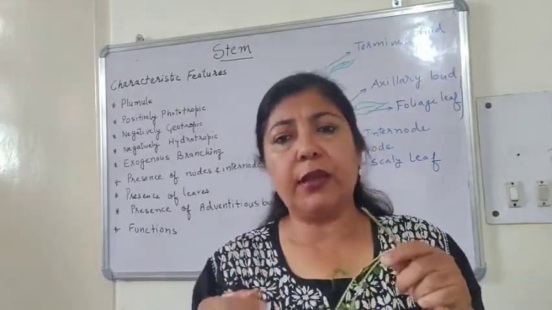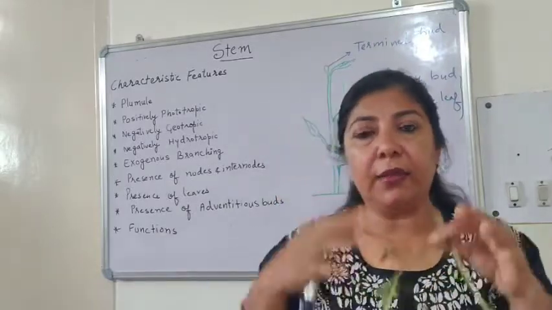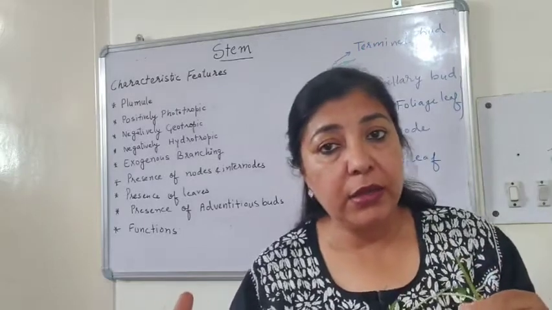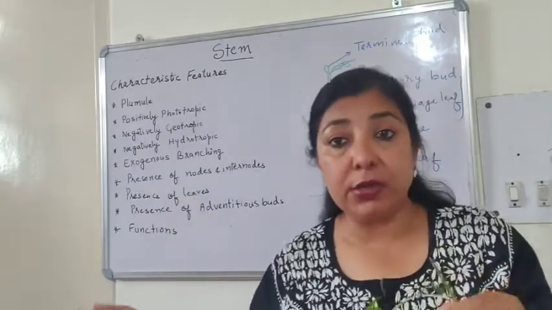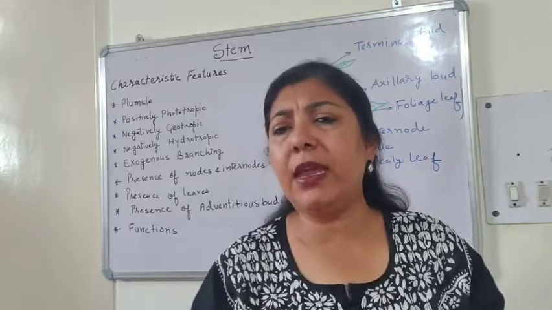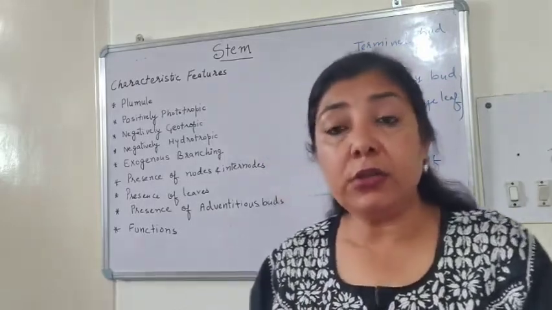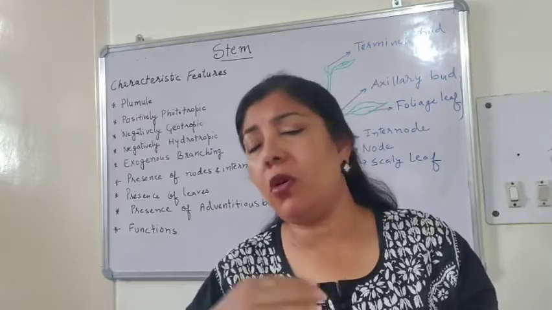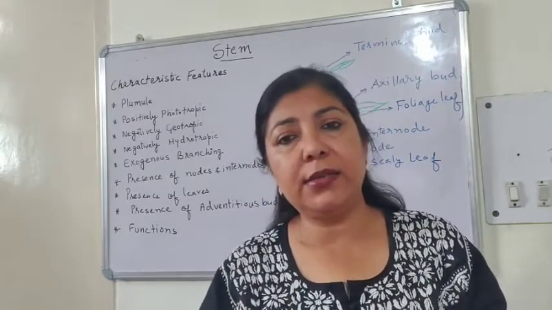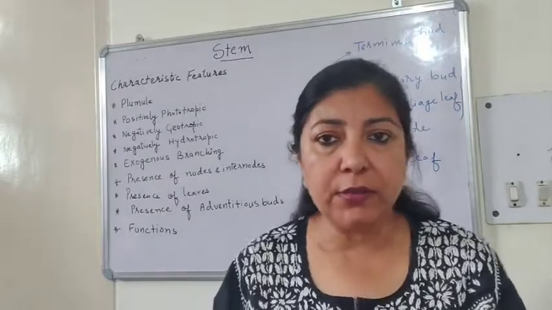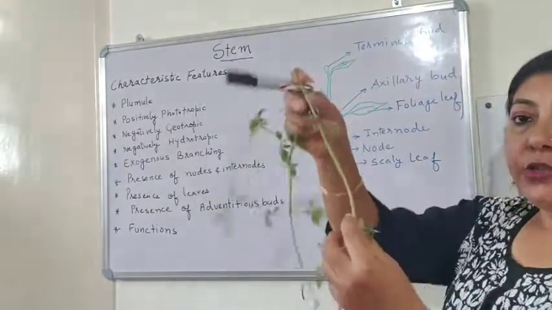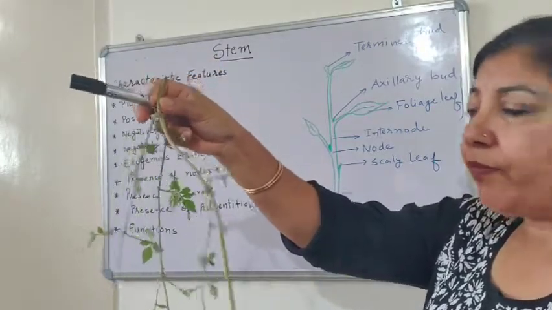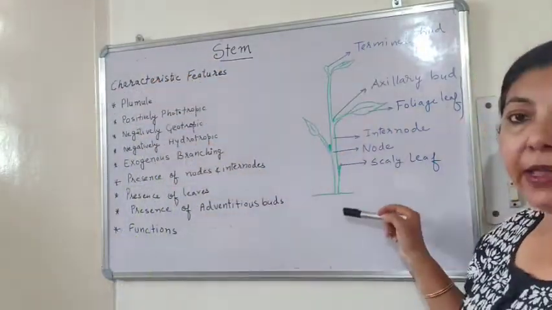But apart from that, there are so many other functions, like it holds all the important organs of the plant, which help in different functions. So stems have very varied function. And also I will tell you about the modifications of the stems. They are so much modified, and as a result they perform so many functions. So I showed you this twig having the stem. Let us see it with the help of diagram also.